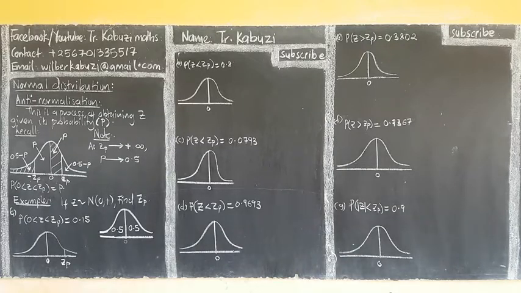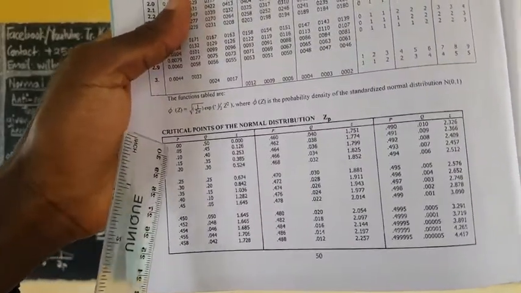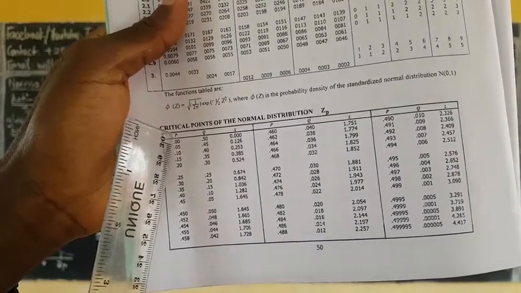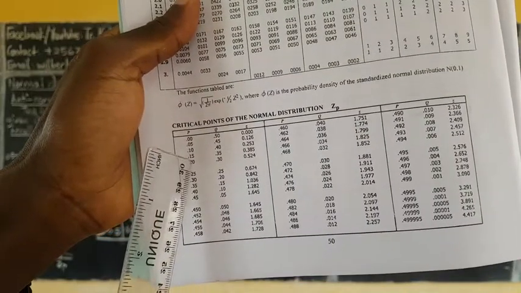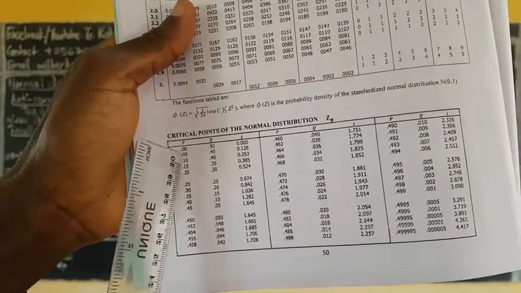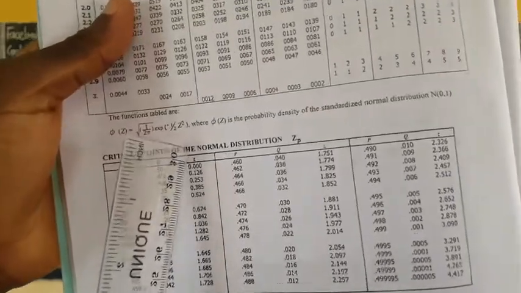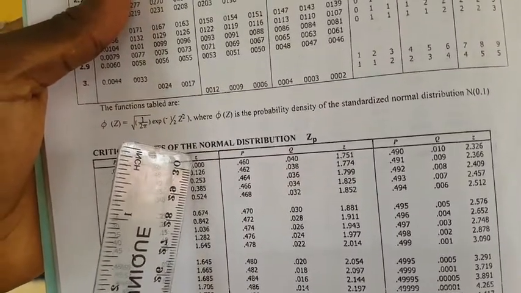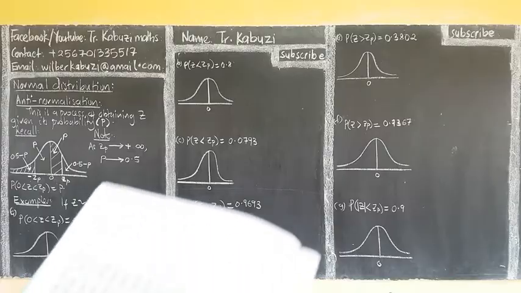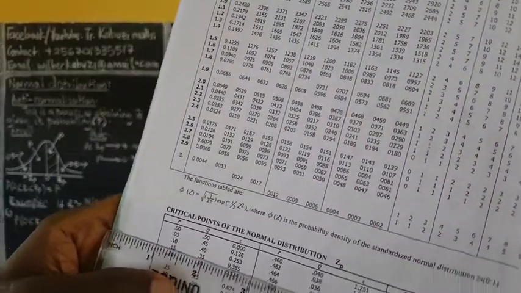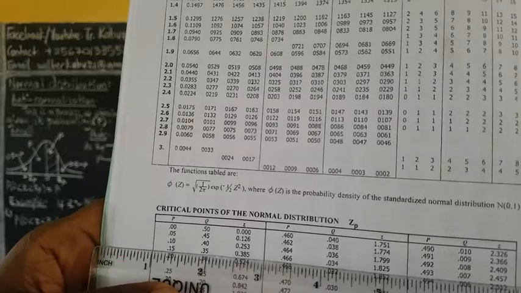So when you come to this, now for these values which are perfect, these are what I'm calling perfect values. These ones, you see that this is our P, the probability. These values are perfect. They are 0.5, 1, 1.5. So for these ones, if you have them, you just come and look for them. The Z value is there. Now there they are giving us 0.15. When I look for 0.15, I think you see a value of 1.5 there. The Z value is